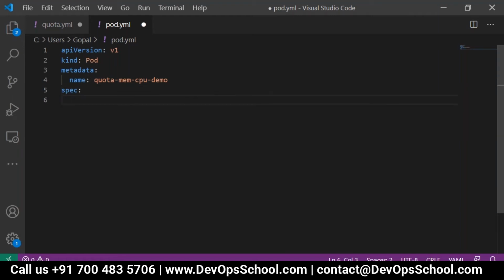In specification, through a pod we are going to deploy containers. So I put containers, and once it deploys that container, I want a naming convention given to my container: quota-memory-cpu-demo-container.